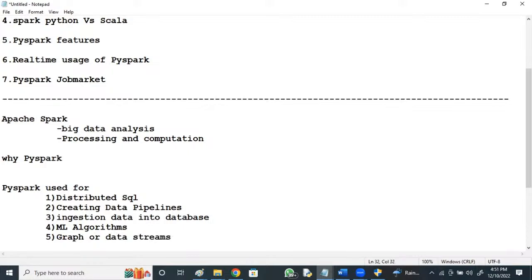So it's used for distributed SQL, for creating data pipelines, ingesting data into databases. Mostly you see PySpark majorly in ML algorithms and graphs or data streams.